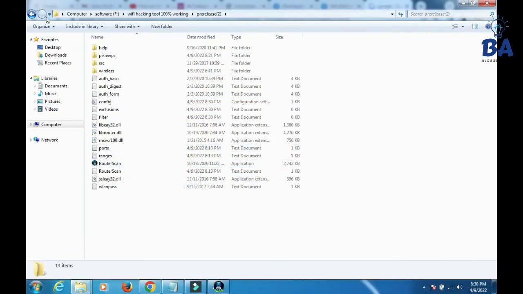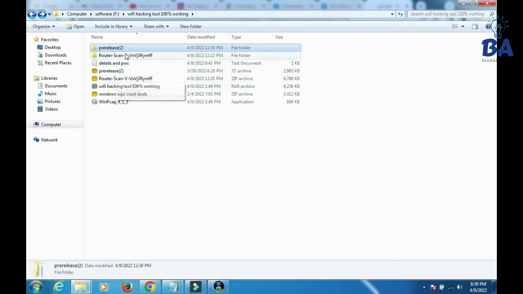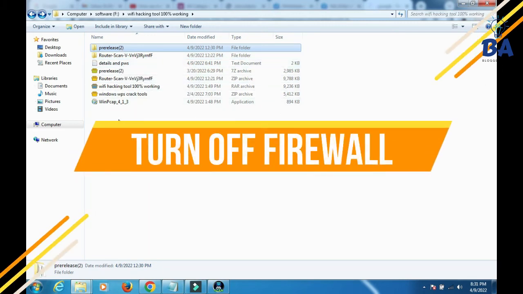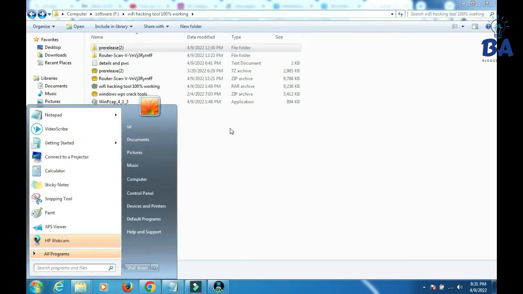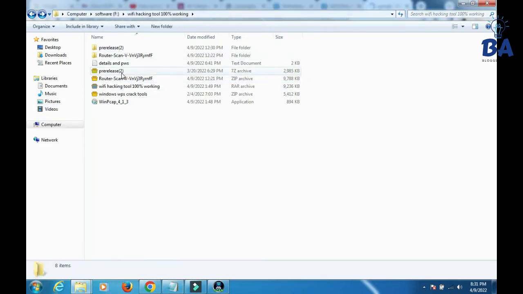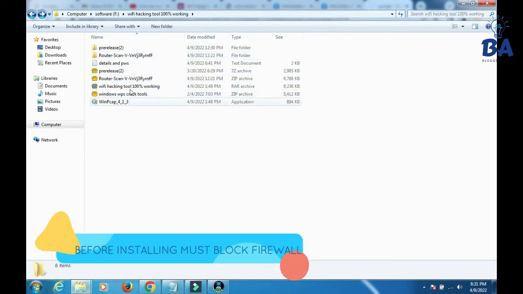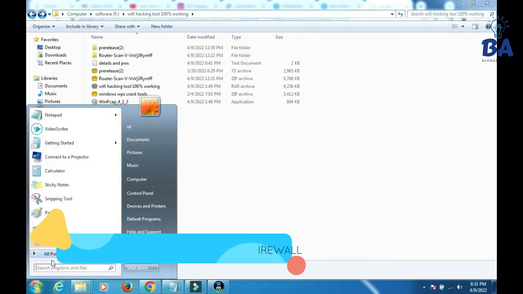Before downloading or installing this file, you should first block the firewall. Before installing that application, you must block your firewall, otherwise all files will be deleted automatically. So how should you do it? Go to the